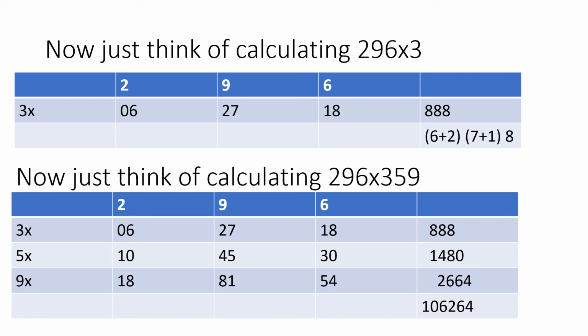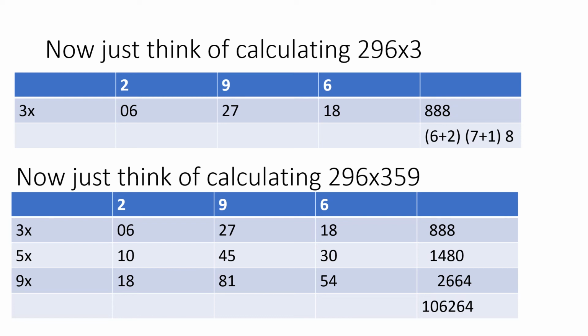Then when we are calculating 3 digit into 3 digit, again it is very easy, don't panic. So 296, write the table of 296. So I have taken, then which position? Third, fifth, ninth. So take as it is. Now as we saw in the first case, we have to add. So 3 into 296, you are very familiar. So how to add? What will be the result? It is 888. Similarly, do it for the 5 and 9.